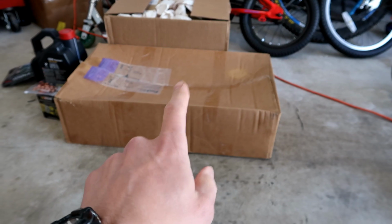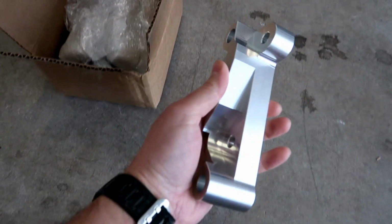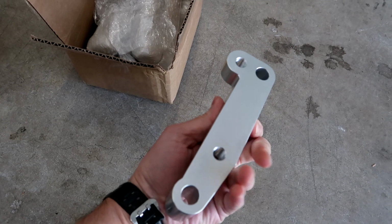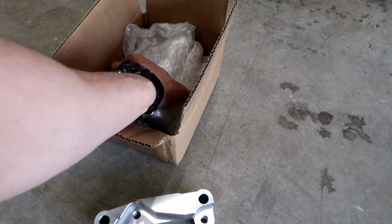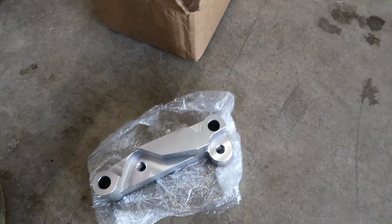So I've actually got a series of boxes here. These are rotors, these are calipers, and then these are the adapter brackets, which are made out of billet aluminum, and they're pretty substantial too, which is really nice. So this is a front and rear kit. I've already cut the one out. This is the front,